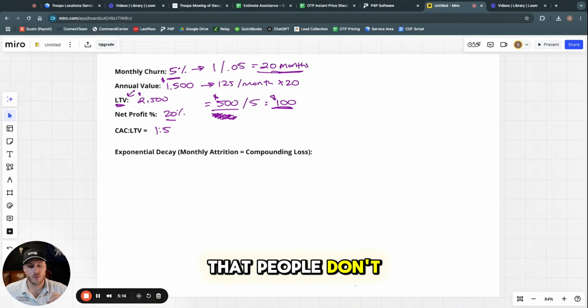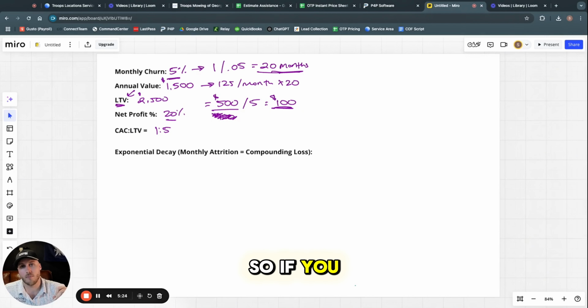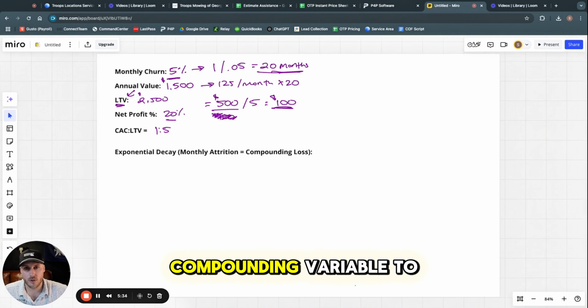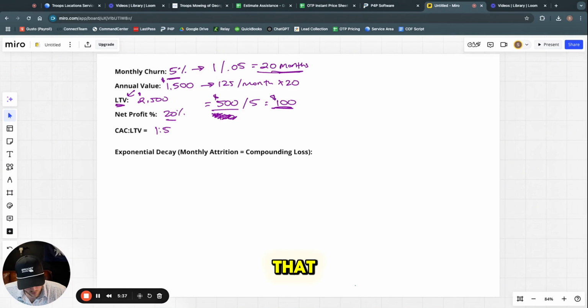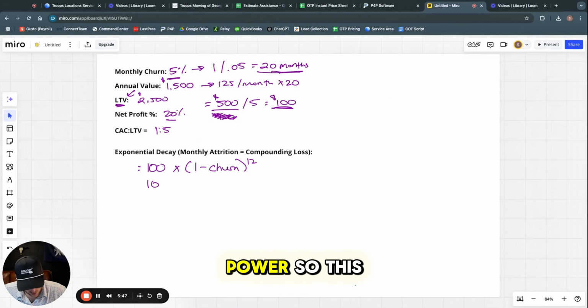Now, one thing that people don't realize when it comes to attrition is that there's a thing called exponential decay. So your monthly attrition has a compounding effect. If you have a 5% monthly attrition, you're not just losing 5% of your customers over a year, you're losing 5% of your customers every single month. So there's a compounding variable to that. Here's what that looks like. The formula for this is 100 multiplied by 1 minus your churn, to the 12th power. So this would look like 100 times 1